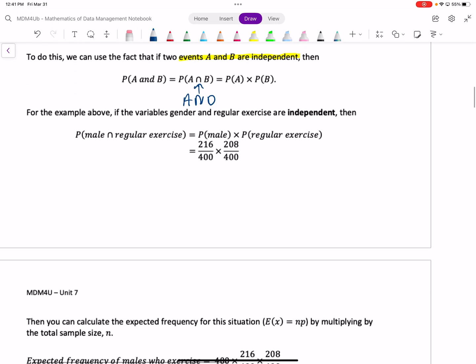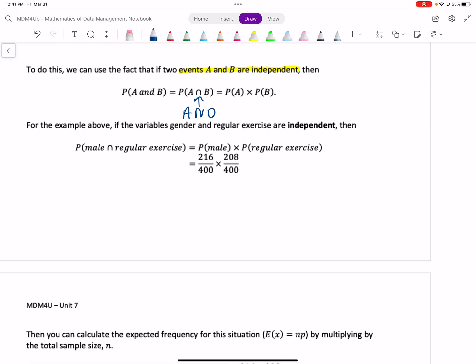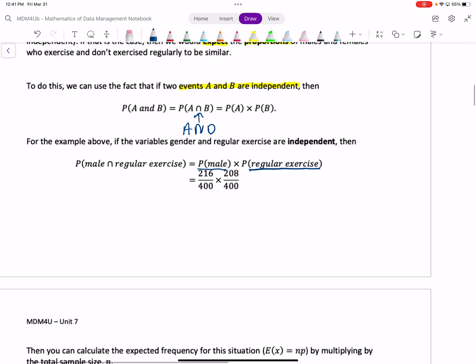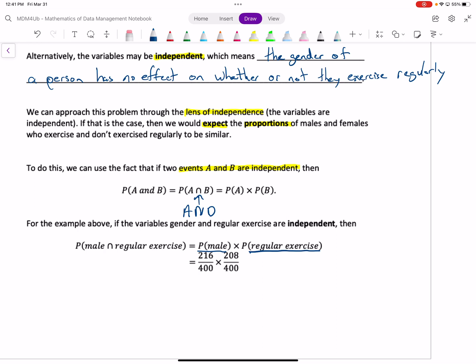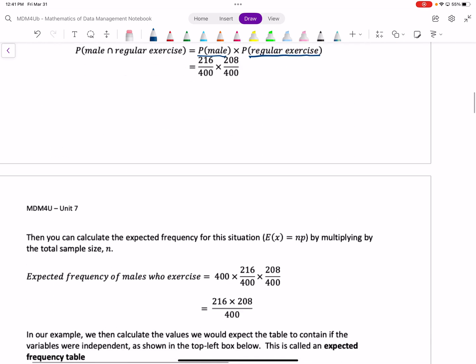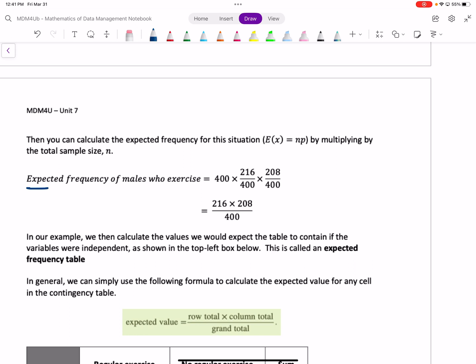So ultimately, we take the probability to find if they are a male and exercise. We take the probability of being male and the probability of being regular exercise. These numbers come from that table. So the total number of males is 216. The number of people who regularly exercise is 208. And then we come up with what's called the expected frequency. So on the next page, if you scroll down, you get this number. This number tells me how many expected males I would have if everything was proportionate to be independent of each other. So in this case, this comes out to, if I just look here,